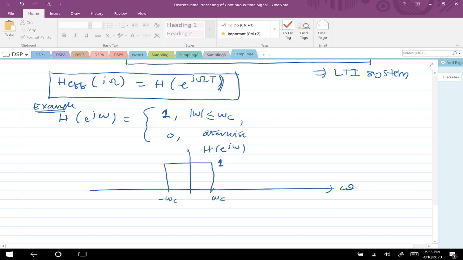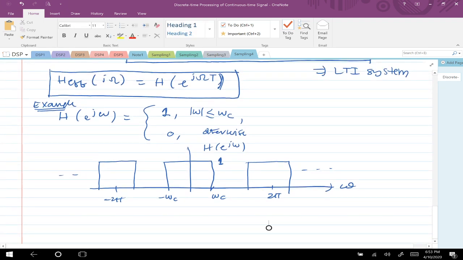And where is the next copy placed? Of course at 2 pi, and here minus 2 pi, and so on. This is my H of e power j omega. Now what would be the H effective of e power j omega? You know that the relation here is capital omega times capital T is equal to small omega. H effective of j omega is equivalent to, now here I move from omega to small omega,